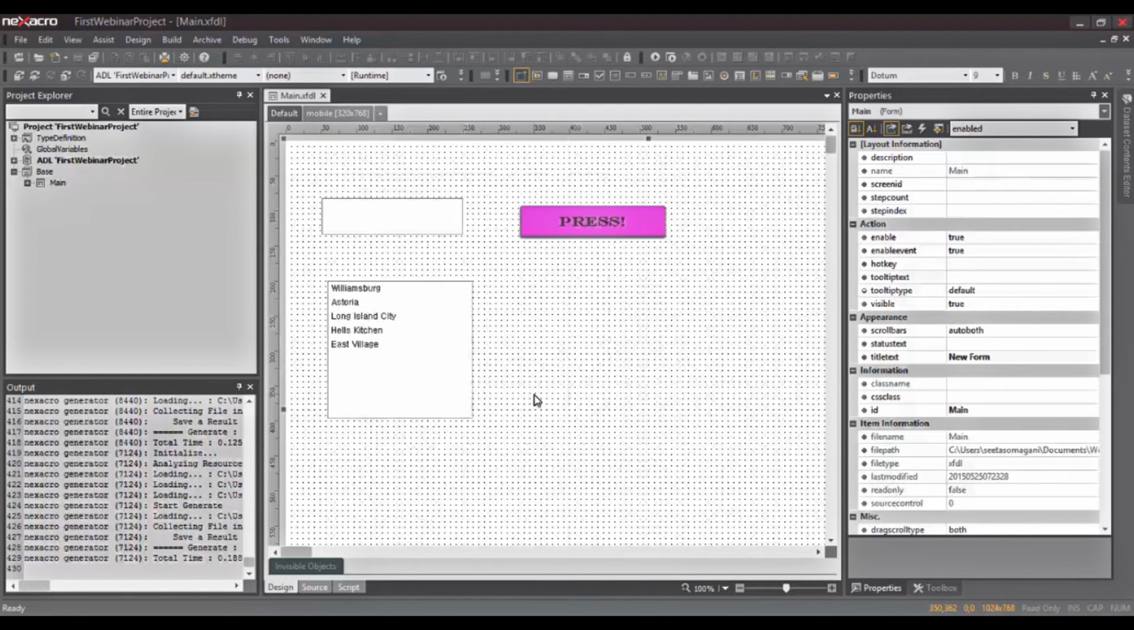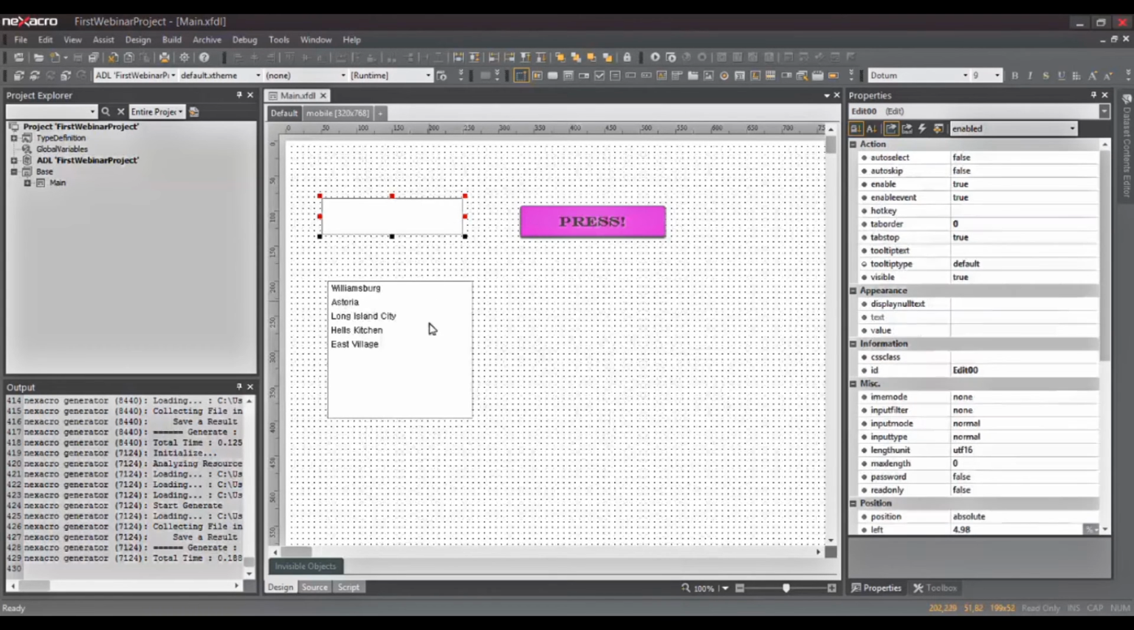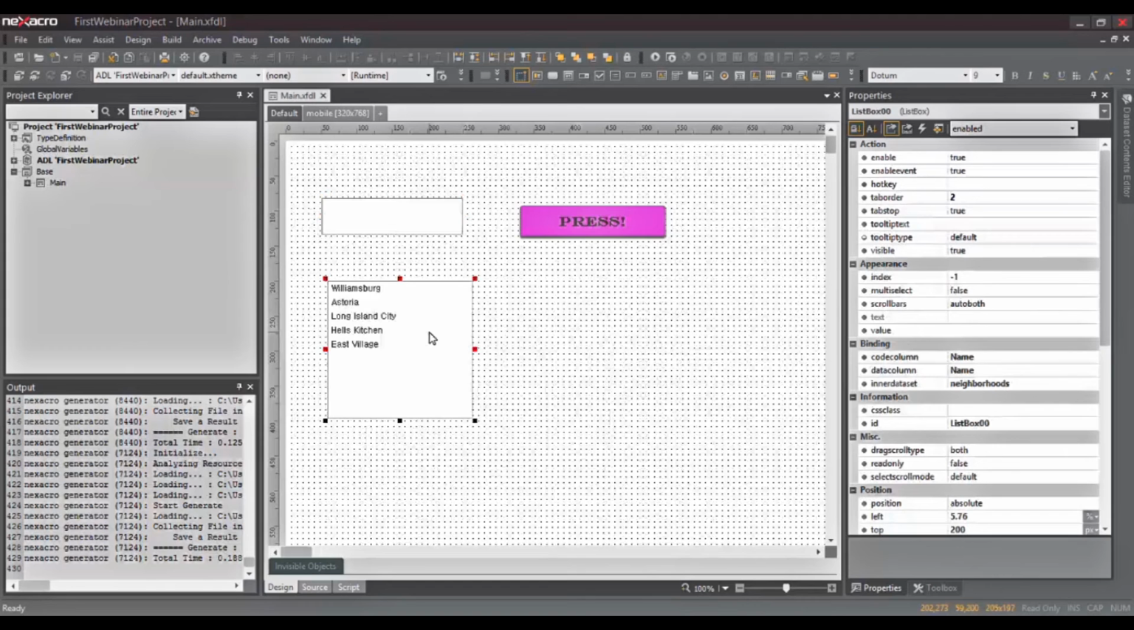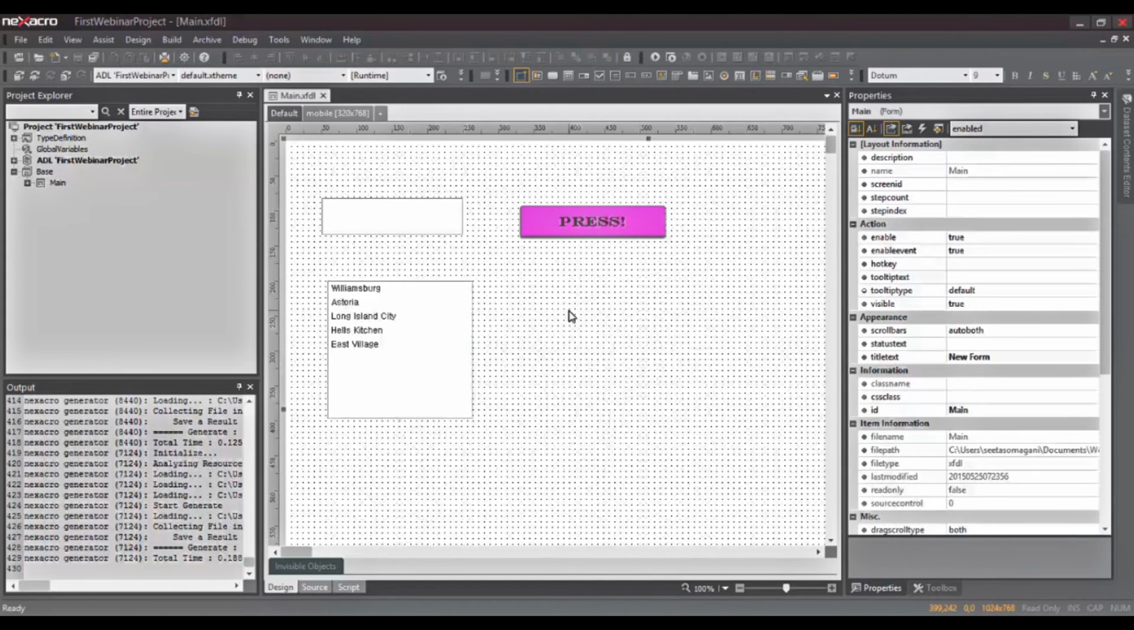To do that, we would need a service that provides us the listing of the restaurants. For that purpose, we could use Foursquare. Foursquare lets users search for restaurants by different search parameters. The parameters that we would like to use here are the cuisine and the neighborhood that we would like to search in. To do that, we would have to access the open API that Foursquare provides, and Nexacro will let